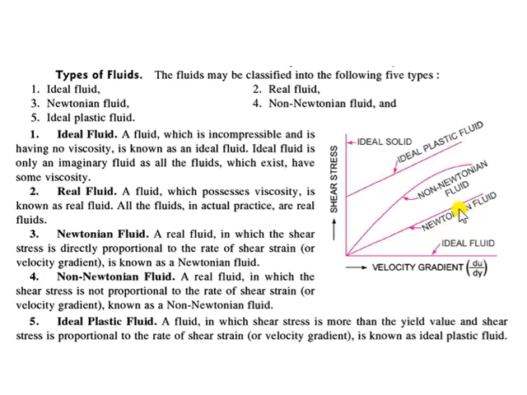Taking this point in mind, if a fluid is not following this line, if the shear stress is not proportional, it could be greater also, it could be lesser also, right? If the line is not proportional, those fluids are called non-Newtonian fluids.